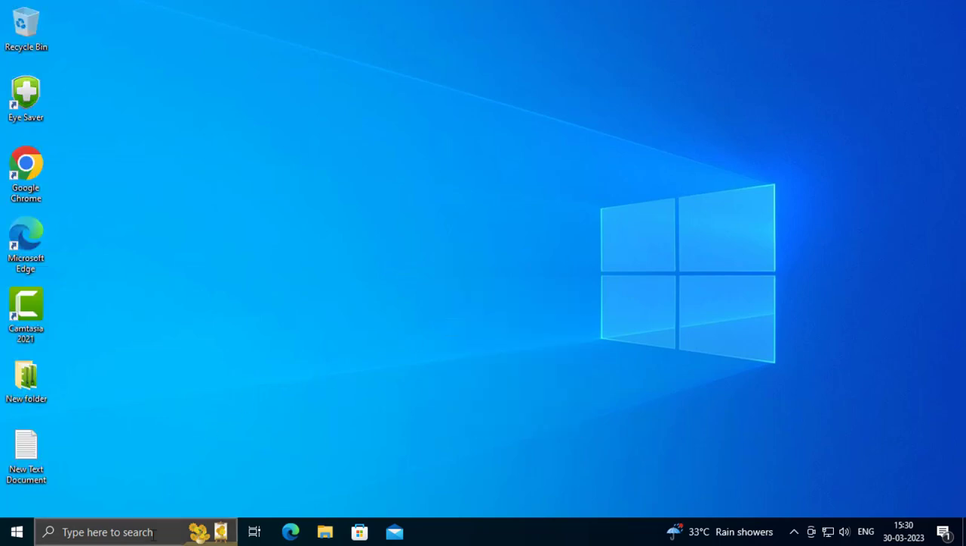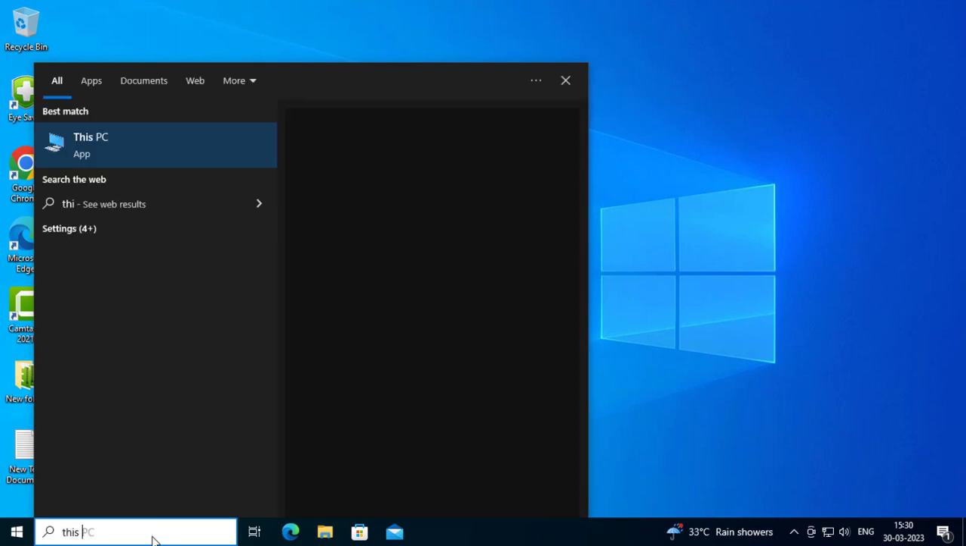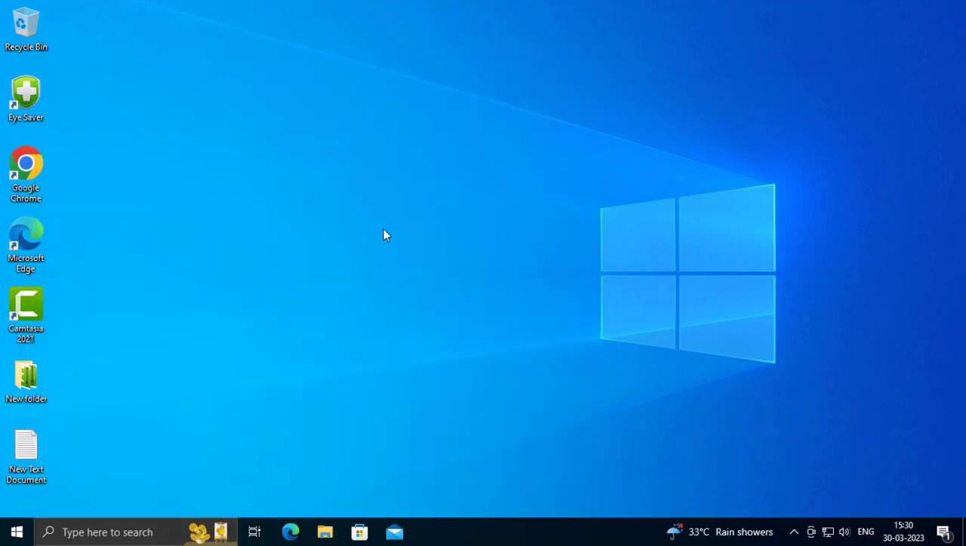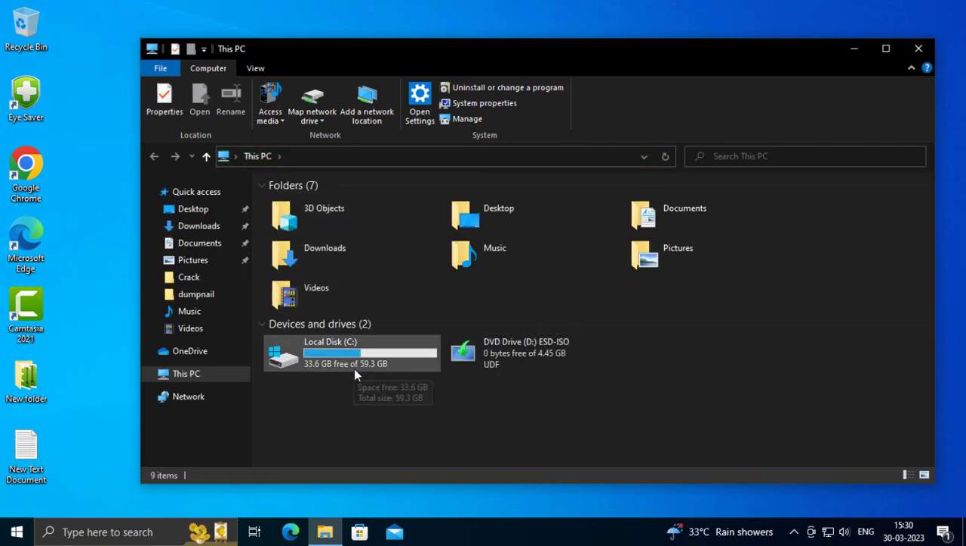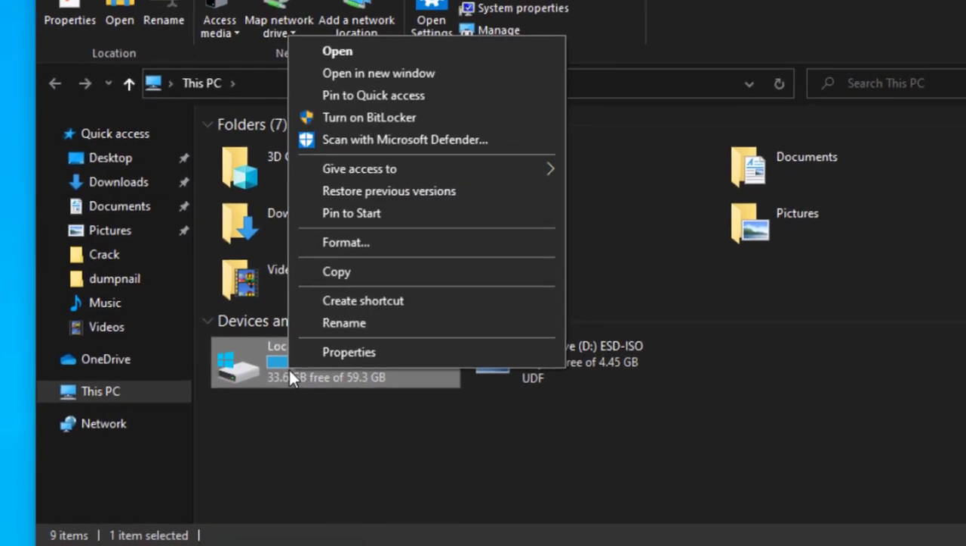Go to the search menu and type This PC or Computer. You can search for This PC or Computer, open it. Select your main local drive. I have Local Disk C. Right click on it, Properties,